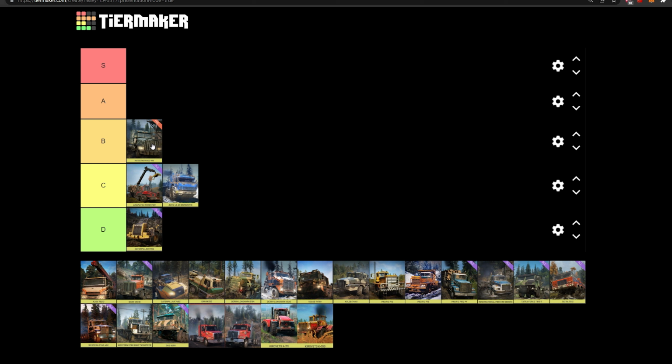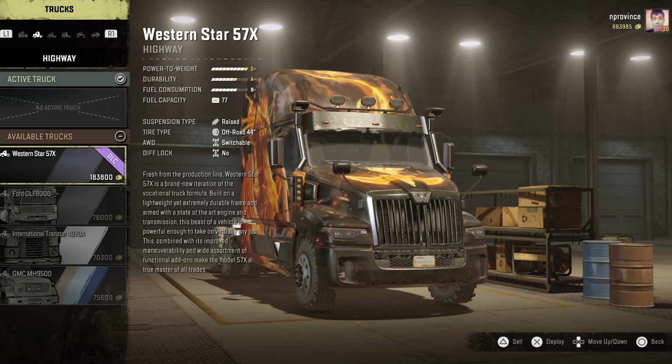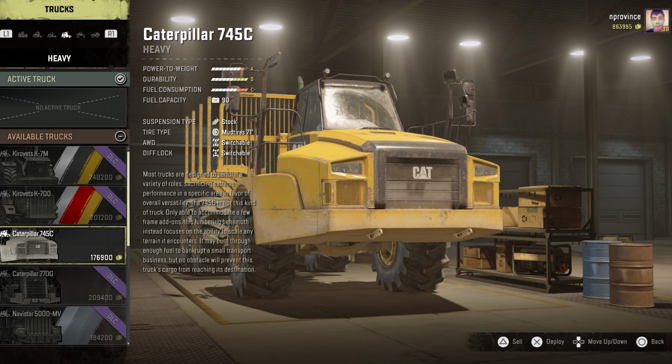Now, here's where some changes come. In the B category, I still feel that the Navistar 5000 MV is still really strong in the B category. And then I think right behind it actually is going to be the 1430. Now, you're probably thinking, why the 1430? It has a double dead axle, and yeah, it doesn't have a diff lock and doesn't even have a race suspension. However, since Sabre gave it its all-wheel drive, things have changed,